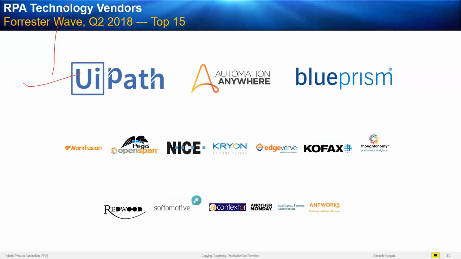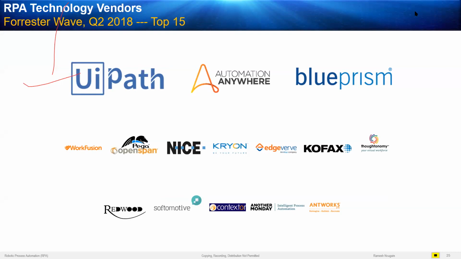Let's talk about some leading RPA products. At the moment, I would say UiPath is leading the pack. The top 3 products in the industry today are UiPath, Automation Anywhere, and Blue Prism. Some worthy names: OpenSpan from Pegasystems, NICE, Kryon, EdgeVerve from Infosys, Kofax,